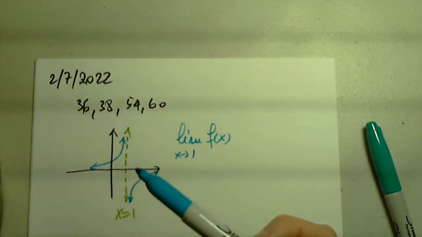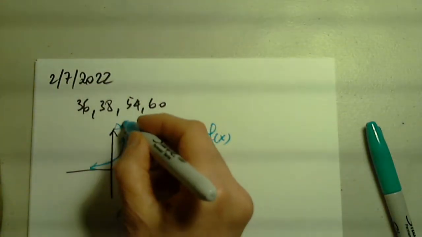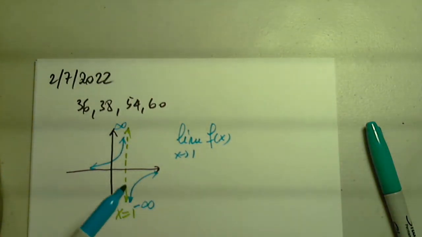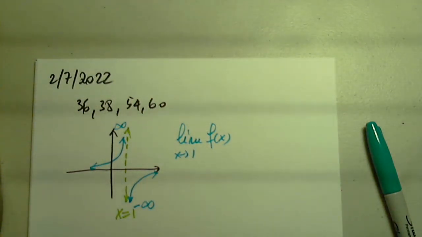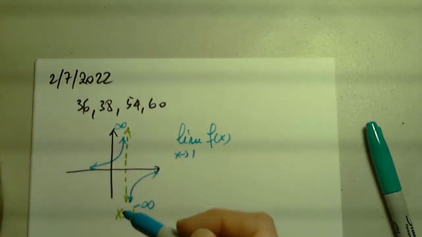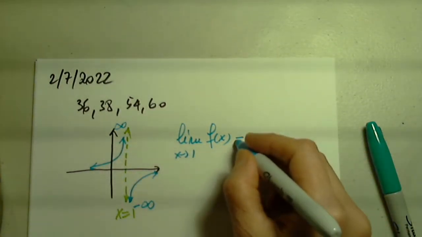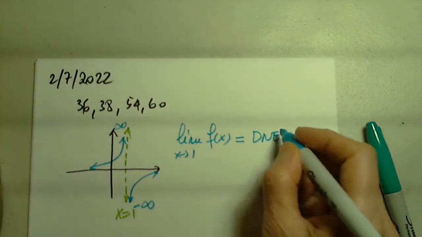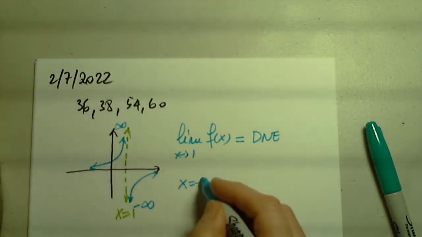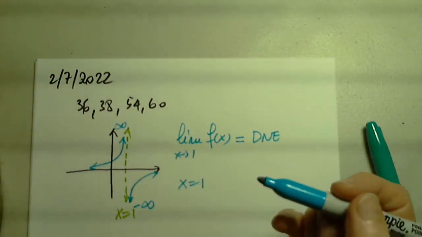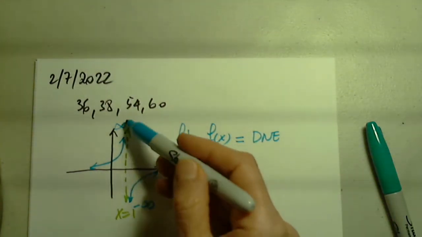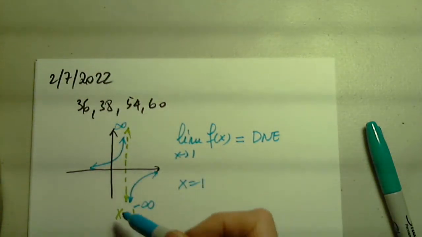either side, but I have to explain why. This goes to infinity and this goes to negative infinity. I will write the limit from the left, I will write the limit from the right. One is positive infinity, the other one is negative infinity. The reason why this is d and e. And that is called, as we know, x equals 1 because of this. Actually, because of the infinity and negative infinity, not because of that. Because at least one of these sides is infinity,